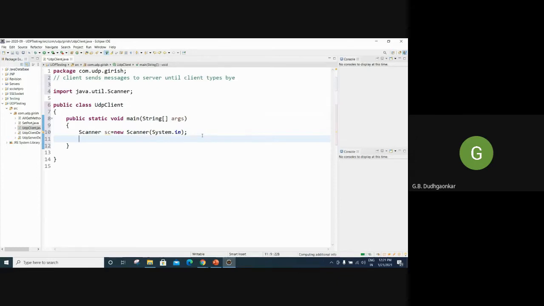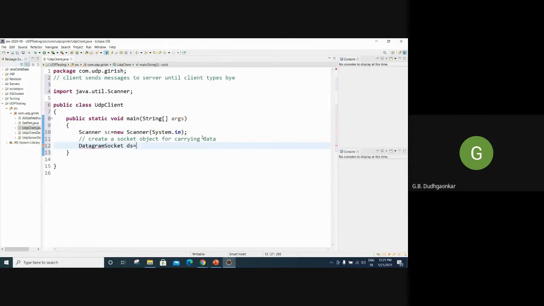Now in the next step, I will write in the comment, create socket. All of you see carefully, note down as I am typing also. Now create the socket object for carrying data. So here DatagramSocket, as in the previous example also, I told you.